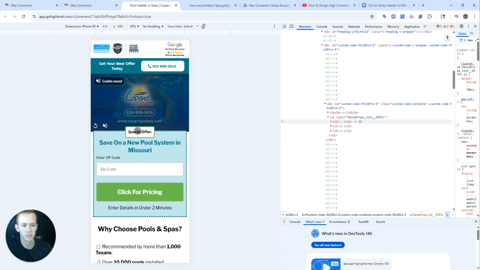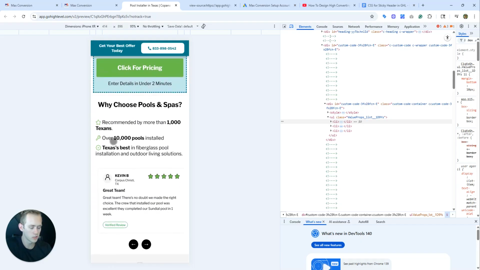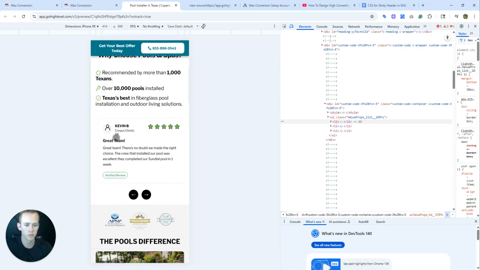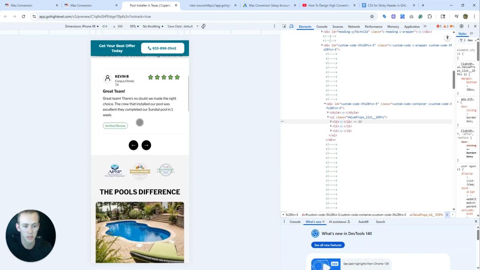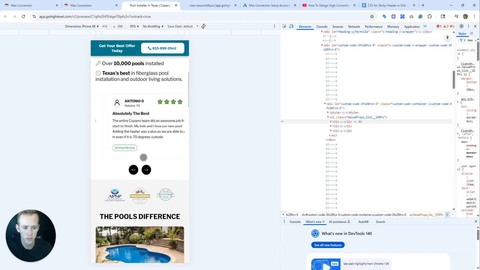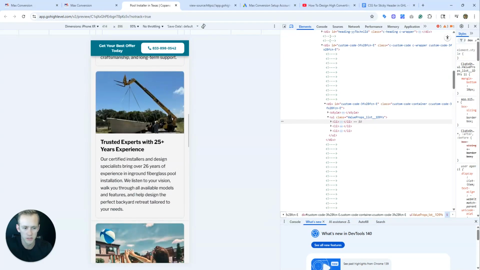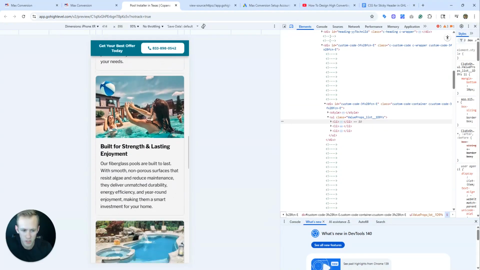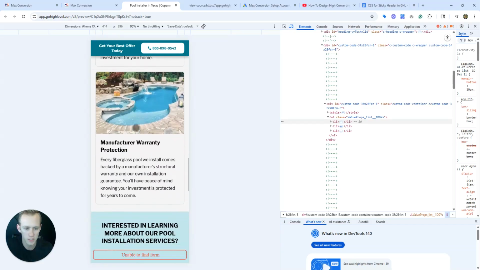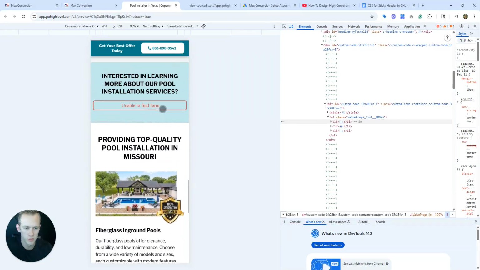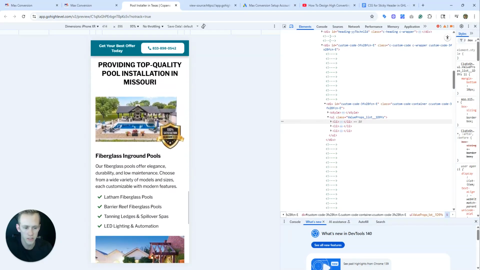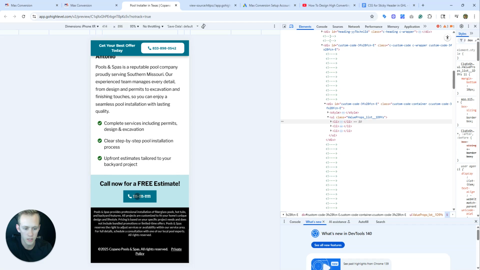And you notice here with our landing page structure, as we scroll down, we've got some trust symbols. Hey, we've worked with over 1,000 Texans. We've got over 10,000 pools installed under our belt. We're a great fiberglass pool installer. Here's our reviews. Here's some trust symbols and just some general information. You got some guys on the job here, which isn't the best picture, but it works. Got some people. Why do people want a pool? For the entertainment, for the enjoyment. You got some beautiful pictures of a pool. This is another form. Satisfaction guaranteed. Beautiful pool, and then a phone number. So